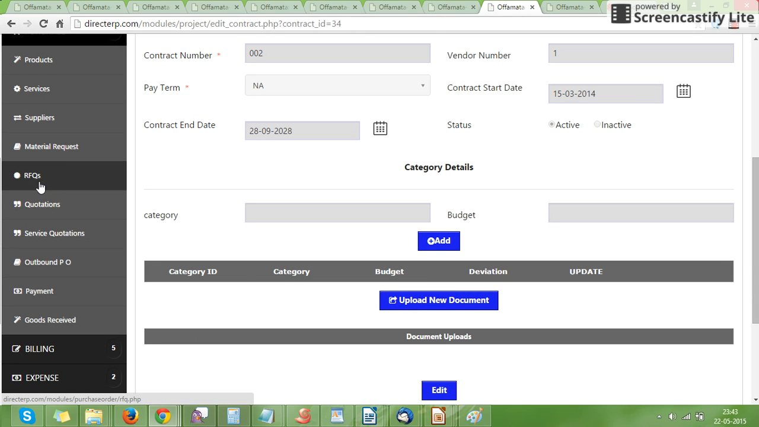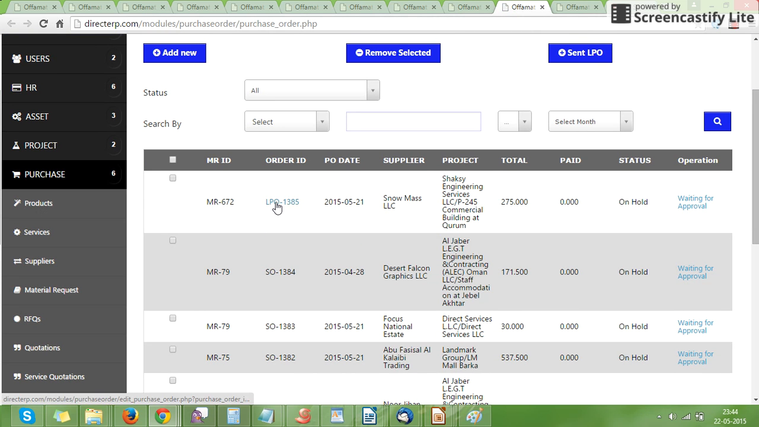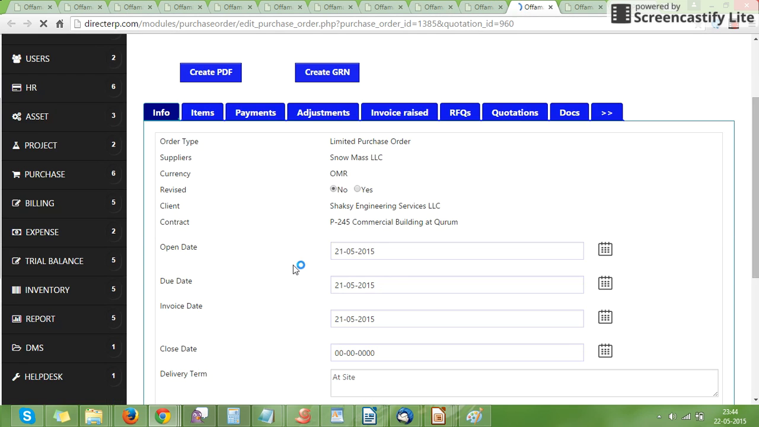Depending on that, the RFQ is raised, the quotations are raised based on the RFQs. It could be a product quotation or a service quotation. Finally, the PO is raised, and everything is tracked directly from the PO. Let's say if you take a PO, you can see multiple tabs, which shows